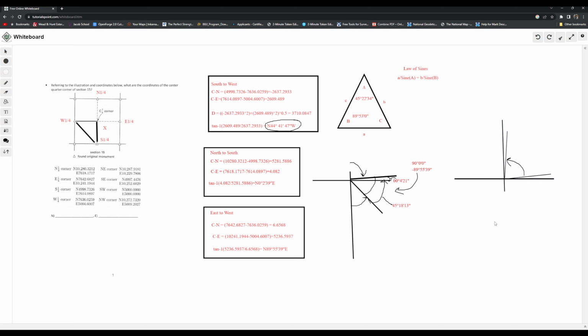All right, well, that's where it's going to be, and we're going to deal with it. So the final step, kinda, is we need to get that distance x. And I say kinda because then we still got to calculate the northing and easting. Okay? So using the law of sines, we have